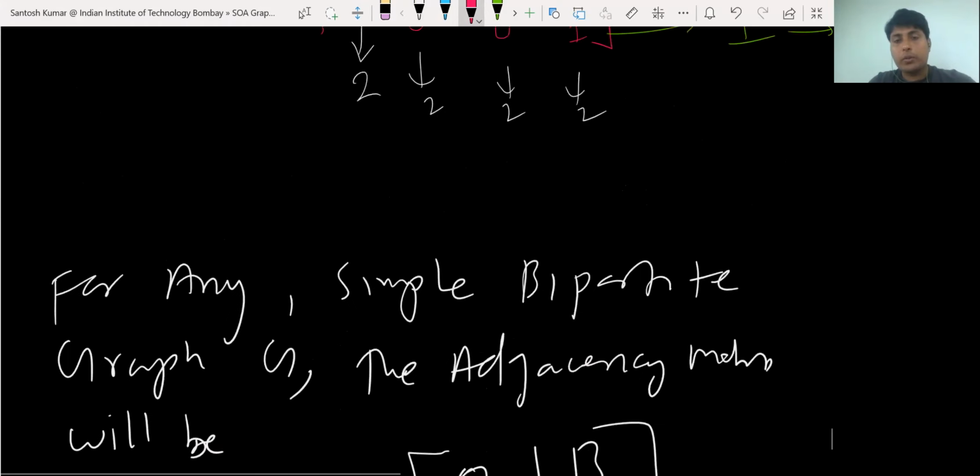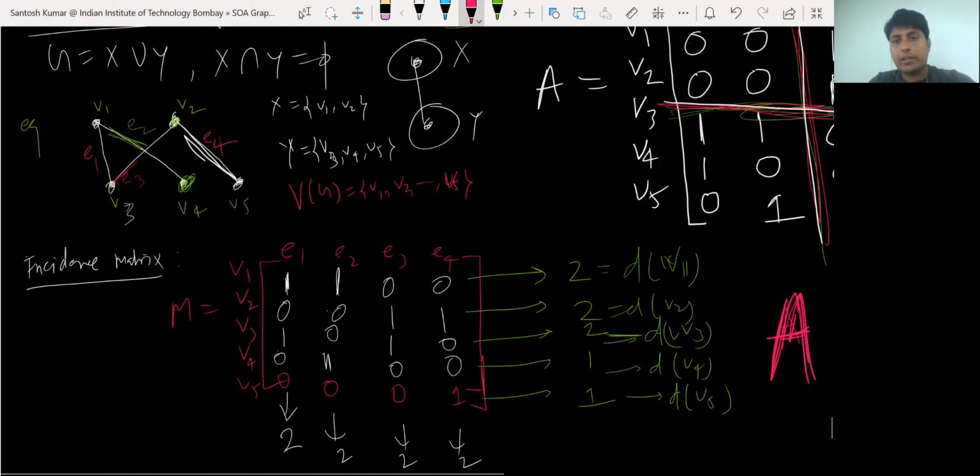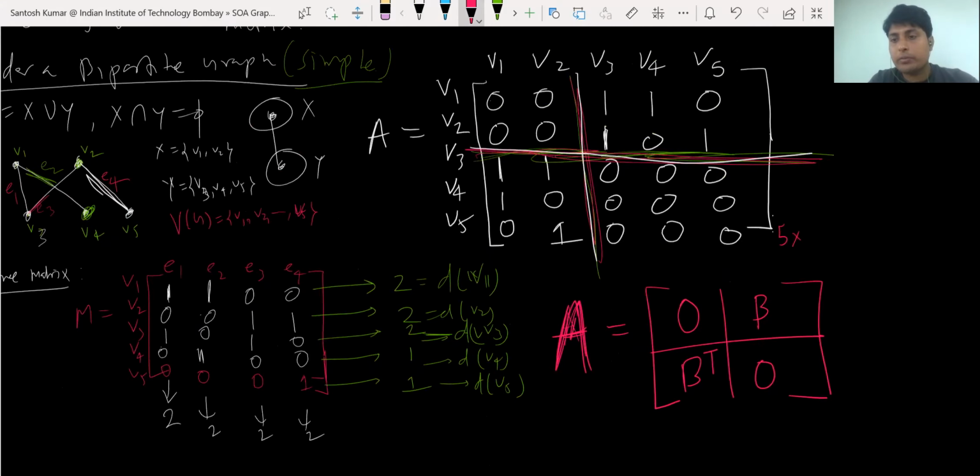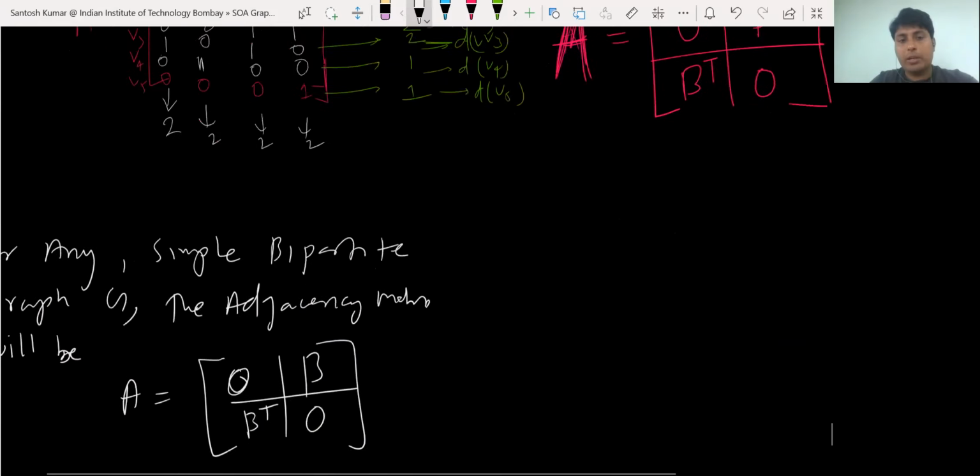Okay, so one thing you can notice here, the matrix A was of order 5 cross 5 because there were 5 vertices. And you see here, the zero matrix is of order 2 cross 2 in the first block. And the last block we have 3 cross 3. So why is it like that? So you can consider X has 2 elements. So the X set has 2 elements. So the first block will have 2 cross 2 and the Y block has 3 elements. So the last block is 3 cross 3, and B will have order 2 cross 3.